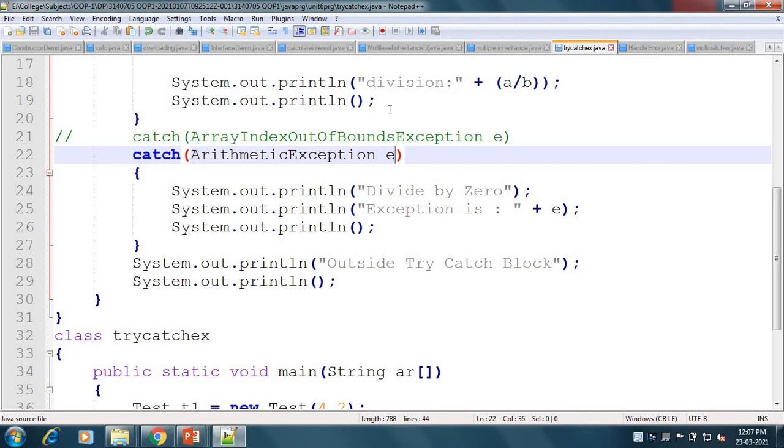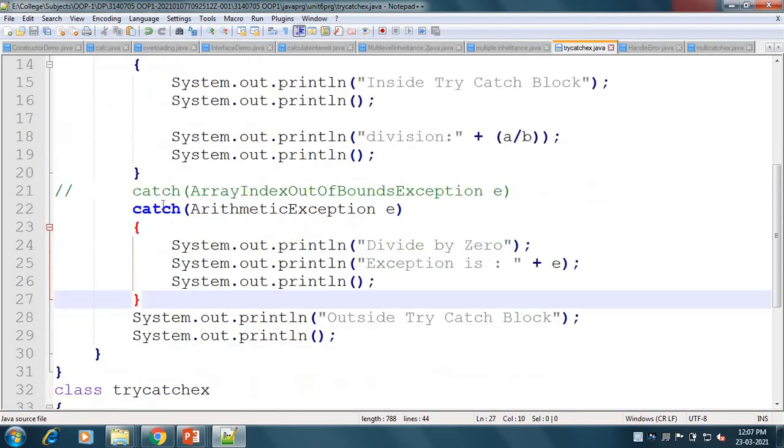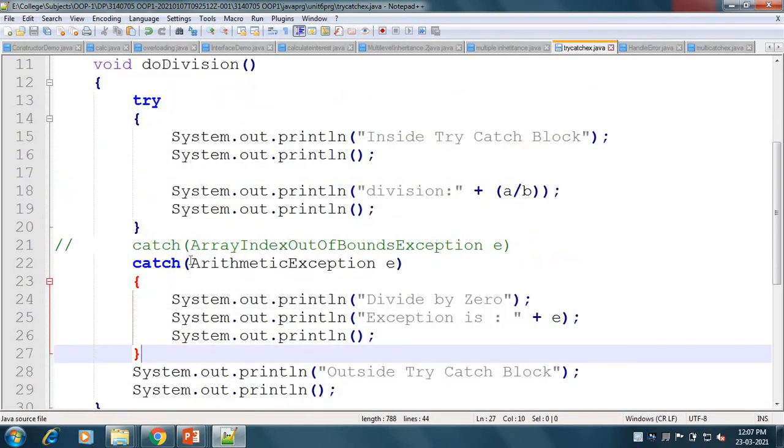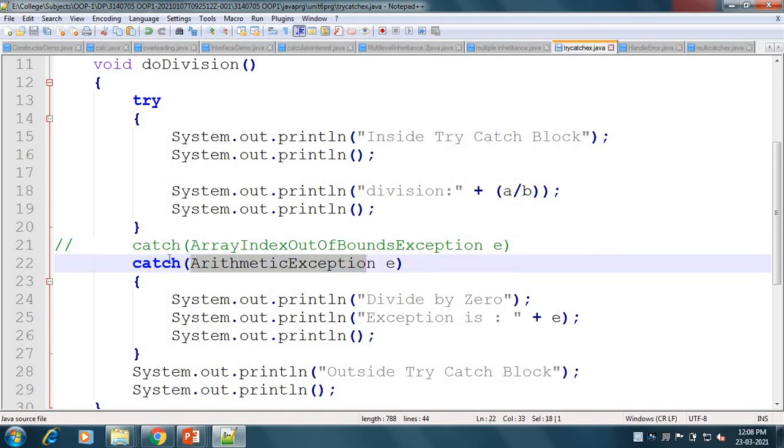So we catch this arithmetic exception by this catch block. This is the try and catch mechanism. Here we know that an arithmetic exception can happen, so we have put ArithmeticException. Other exceptions can also happen, so we will put those exceptions into catch blocks.